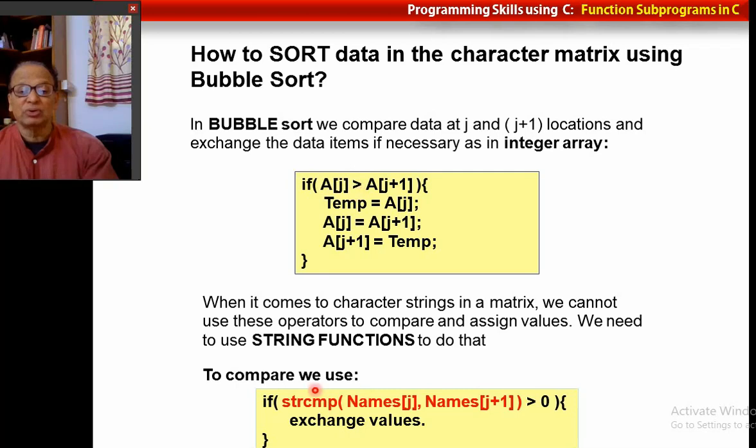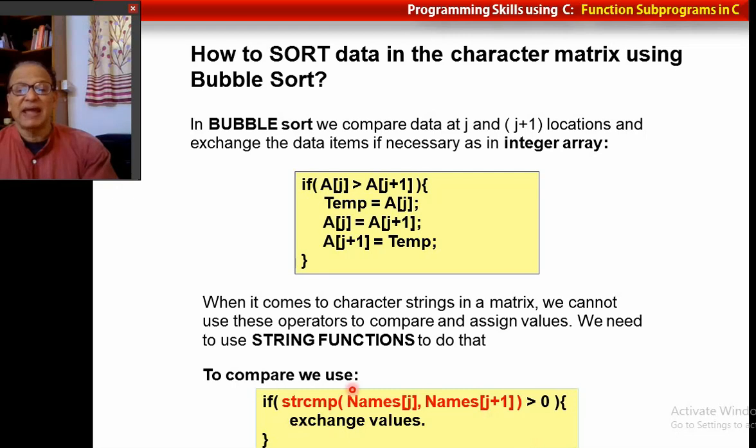I am going to use string compare, that means compare the j-th string with the j+1-th string, as I show you here. strcmp(names[j], names[j+1]). If it is greater than 0, that means names[j] comes after names[j+1], that is, it is greater in the lexicographic order, in the dictionary.